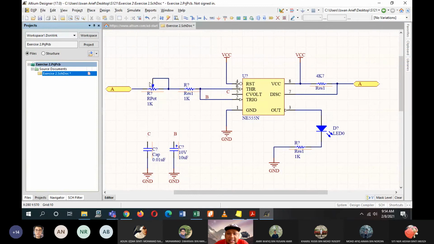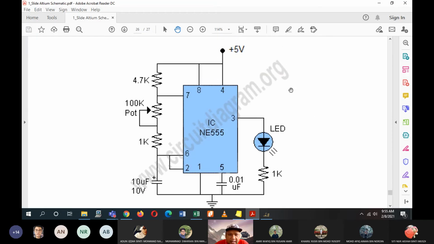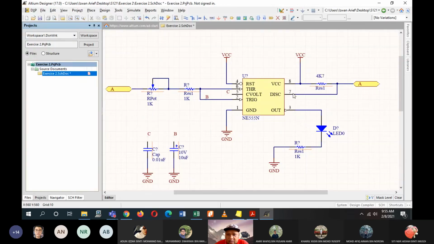All right, and then there is another one which is port here, A to A port. That is from the potentiometer connected to the 4.7K. So we look into the diagram, where is it? So here, pin 7 is connected to 4.7K, and then supposedly there is another connection like this.